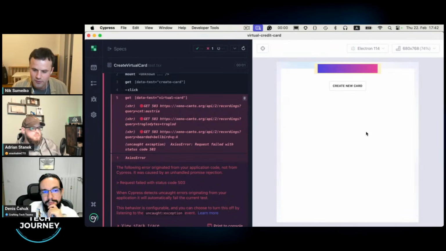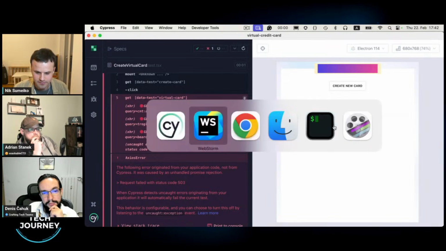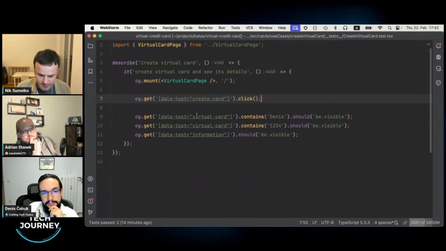And therefore we don't see here any card, because the SDK does some magic within, calls some APIs to get some data, and now we don't get the data. So back to the test. Awesome.